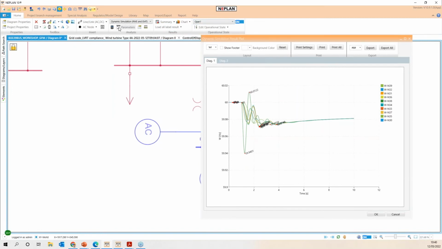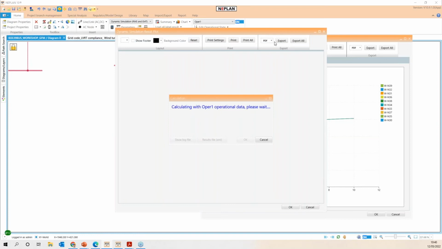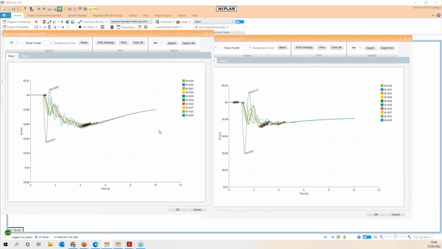Let's proceed again to the simulations with the synchronous machines. So we can see how NIPLAN allows us to run the different steady state conditions, the different scenarios, at the same time on the same database and the same project. And we can see how the simulation of the grid forming inverters provides an equivalent behavior but a faster response. And this response is being validated depending on the requirements and the time of the frequency response,